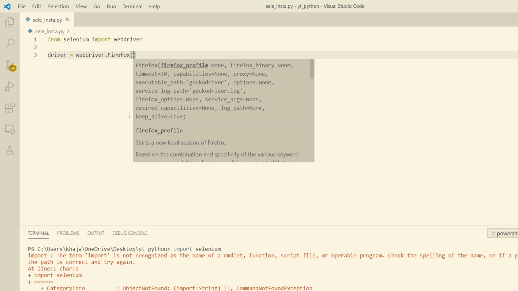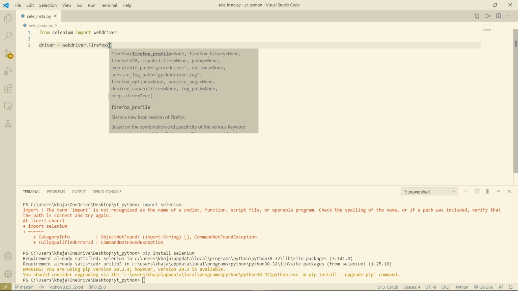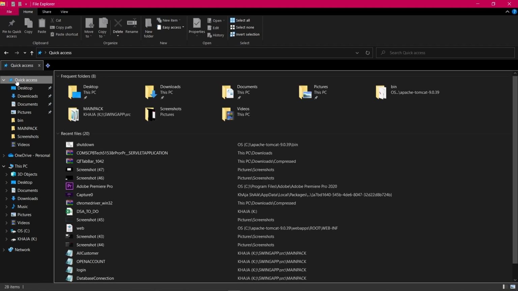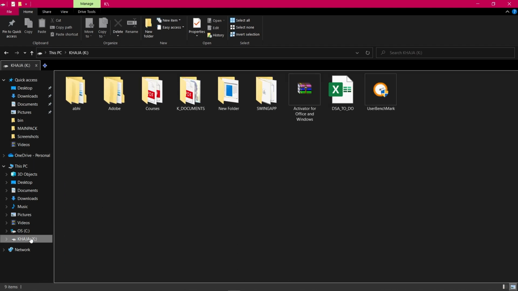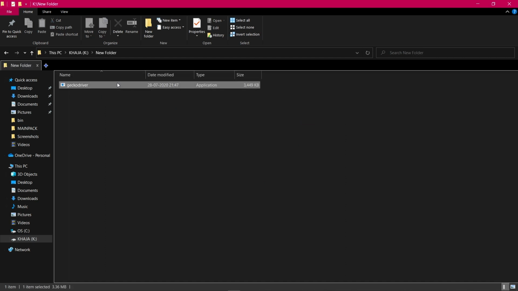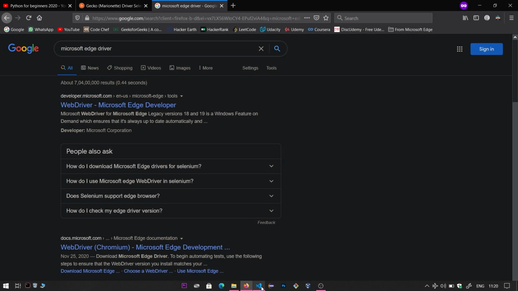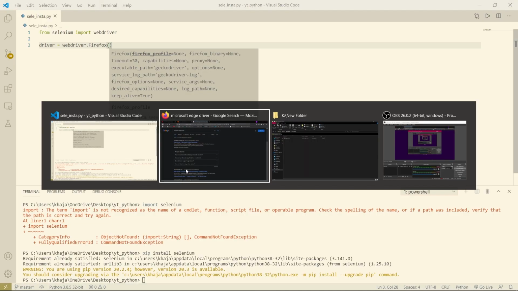Now Firefox. Now we have to give the path. What I mean is, go to the new folder. This is the driver path I have downloaded. I have unzipped that, and this is the application, I mean the exe file. Now go there and copy that path.